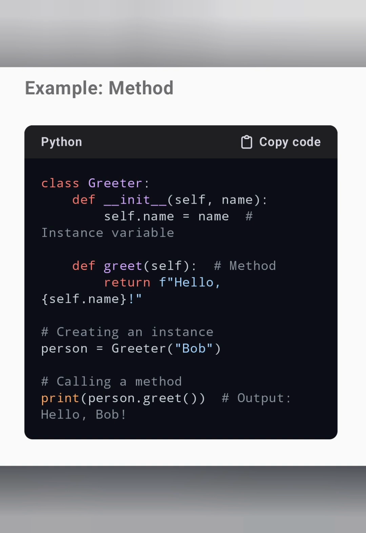First we are creating an instance of the class. Person is the instance of the class Greeter, which we are calling. Inside Greeter we are passing the parameter. The value of the parameter is Bob. That is the name, and we are passing it to the class. After passing, if you call the method which is inside the class, how are we calling it? person dot greet. Person is the instance we created, and with that instance, dot,